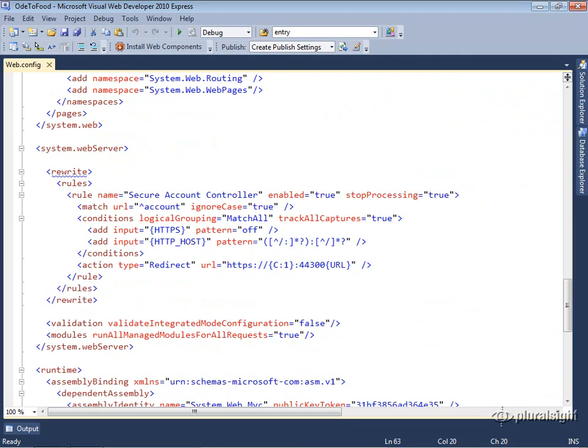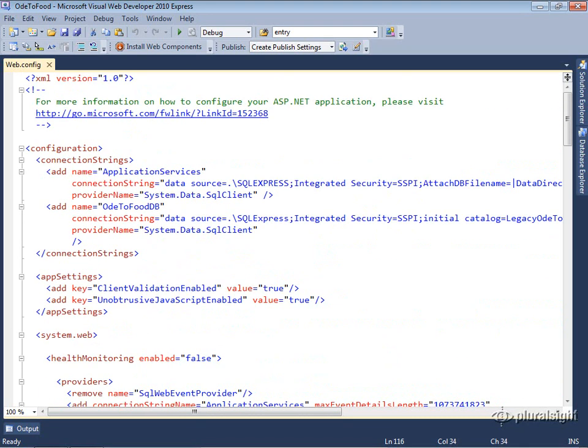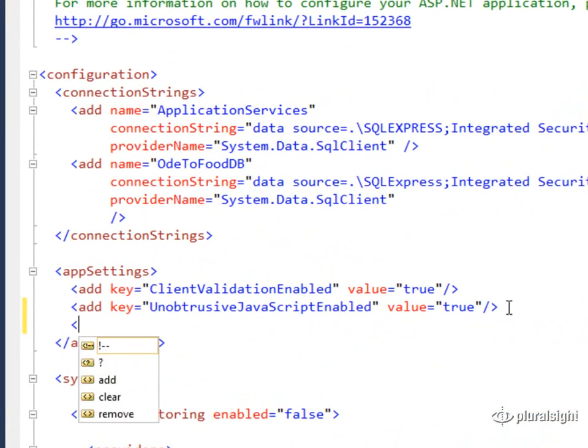And way down here, we even had some rules that the web server applies to rewrite and redirect users to a secure URL when they're trying to log in. So there are various components of ASP.NET and also of the web server itself that look in the configuration file for settings. And so the obvious question might be, what if I want to keep my own settings inside of the web.config file? One of the easiest things to do if you just have a simple value to store is